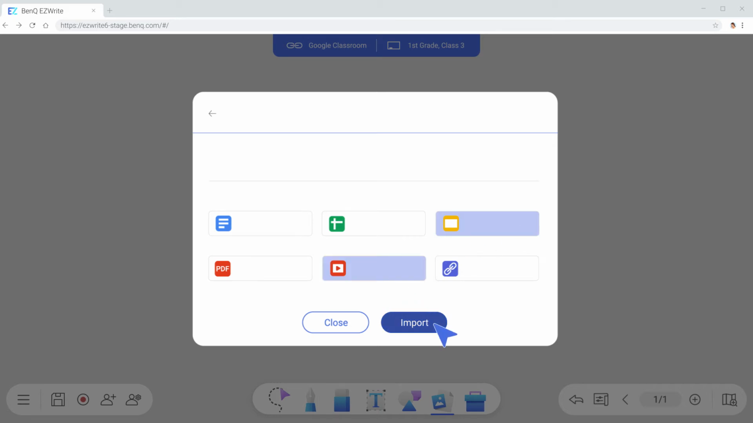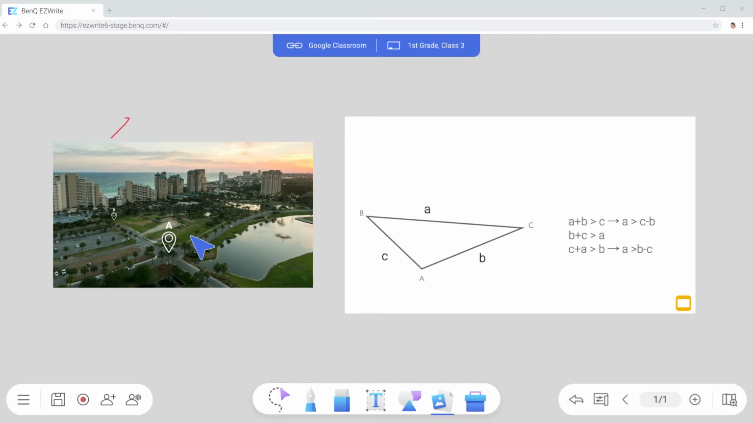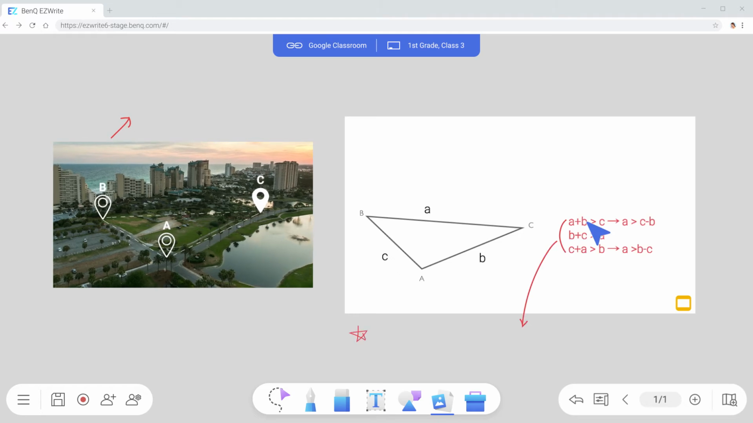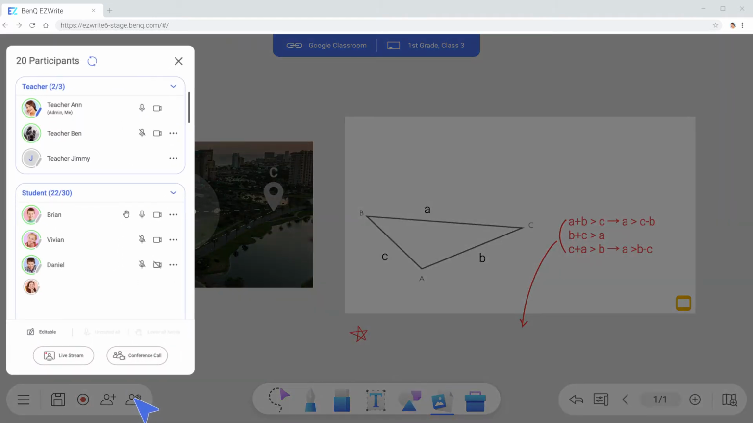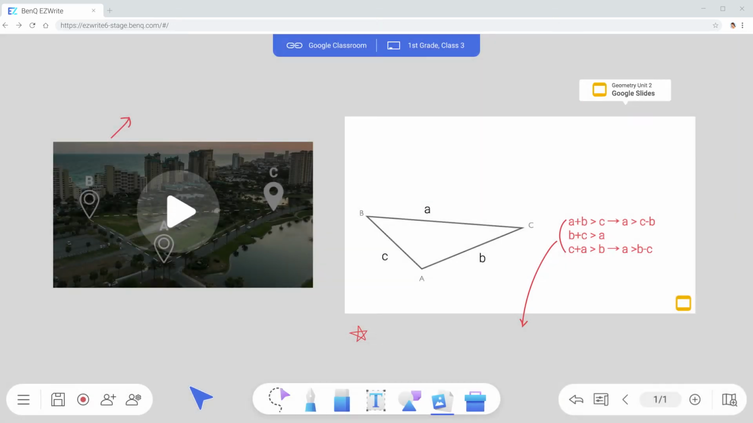Teach with materials you prepared before class. Play videos, make notes, and use EZWrite's wide range of tools for more engaging lessons. Participants are listed on the side, and any edits made to imported Google documents are automatically saved, so ideas are